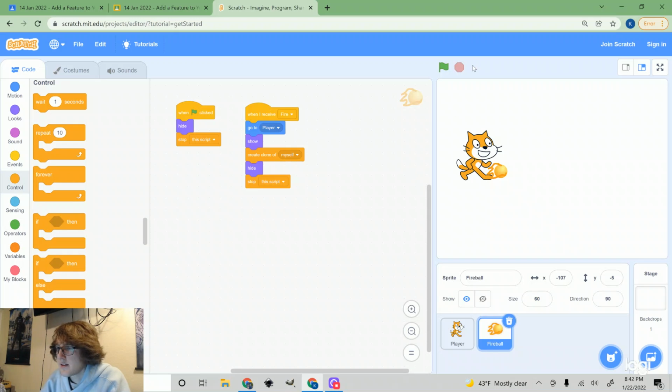And let's test something real quick. We hit the space bar and it goes to the player. And you see how it's going right in the center? Well, we kind of want it to be here because that's where our barrel is going to be, right? So this negative, let's see, 27, negative 151, and then this one,